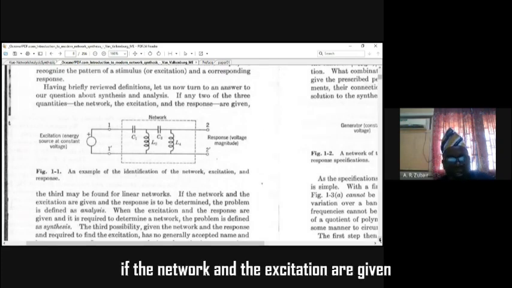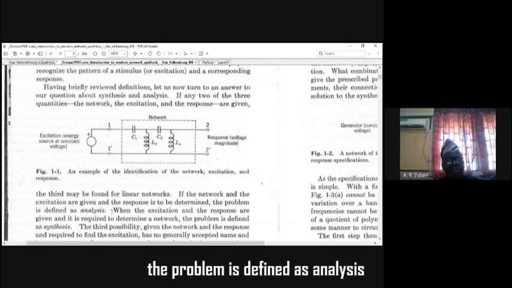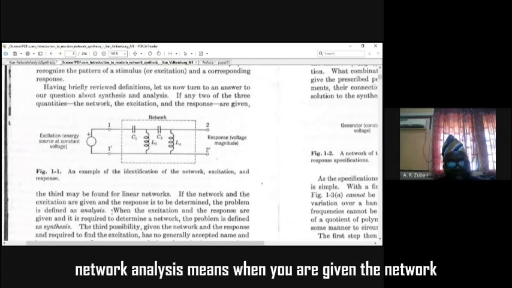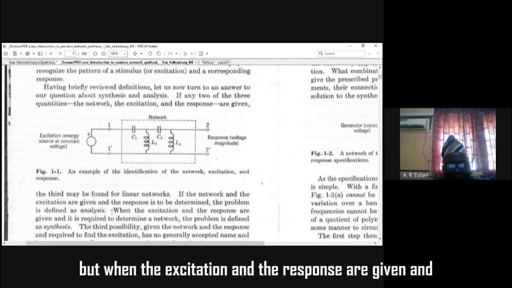If the network and the excitation are given, and the response is to be determined, the problem is defined as analysis. So network analysis means when you are given the network and the excitation and you are asked to find a response, that is known as network analysis. But when the excitation and the response are given and it